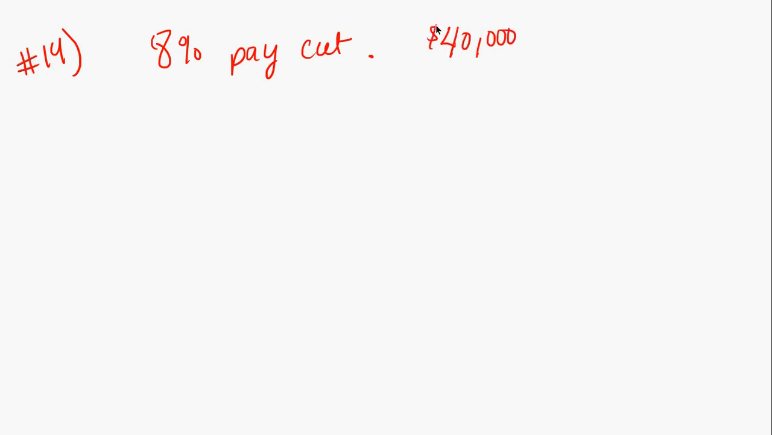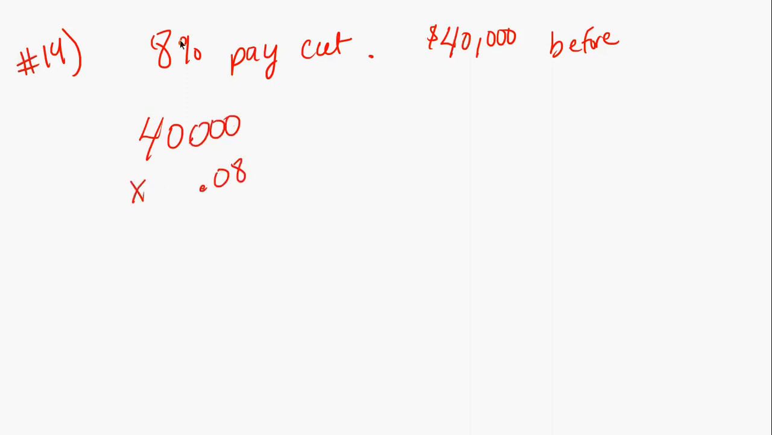All right, number 14. This one says, because of budget cutbacks, Mary Ann was required to take an 8% pay cut. If she earned $40,000 before the pay cut, what is her salary now? So we need to find what 8% of this is and then subtract it from the original. So we're going to do 40,000